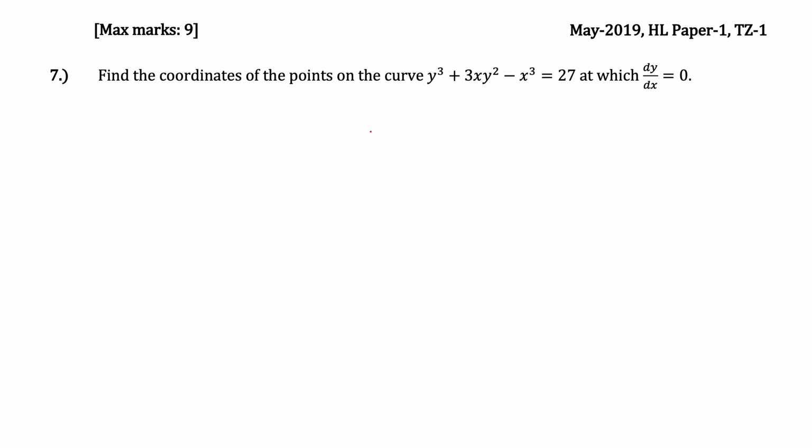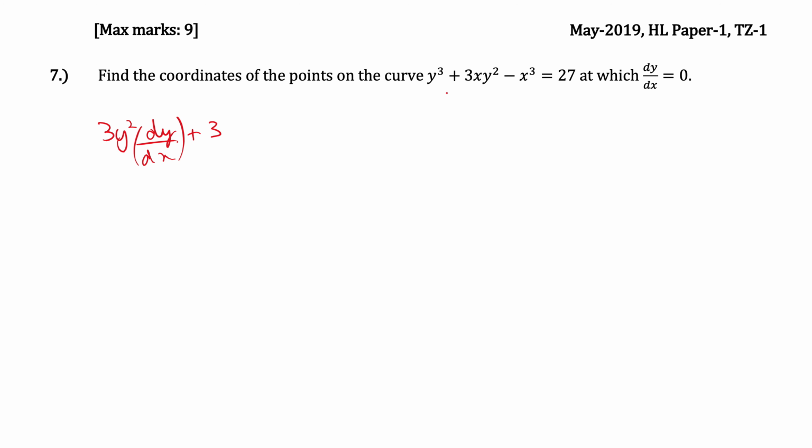Question number 7, we need to find the coordinates of the points on this curve at which dy/dx is equal to 0. Now this equation is an implicit equation. So to find the derivative, we need to make use of implicit differentiation, where we differentiate both sides of this equation with respect to x. So the derivative of y cubed with respect to x will be 3y squared times dy/dx